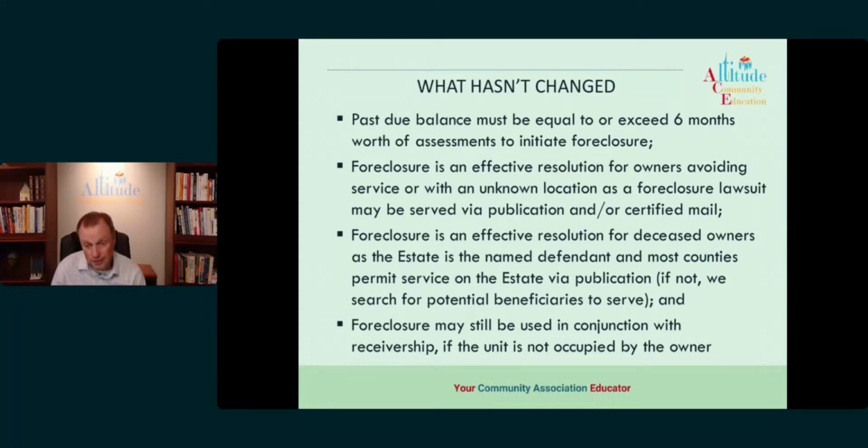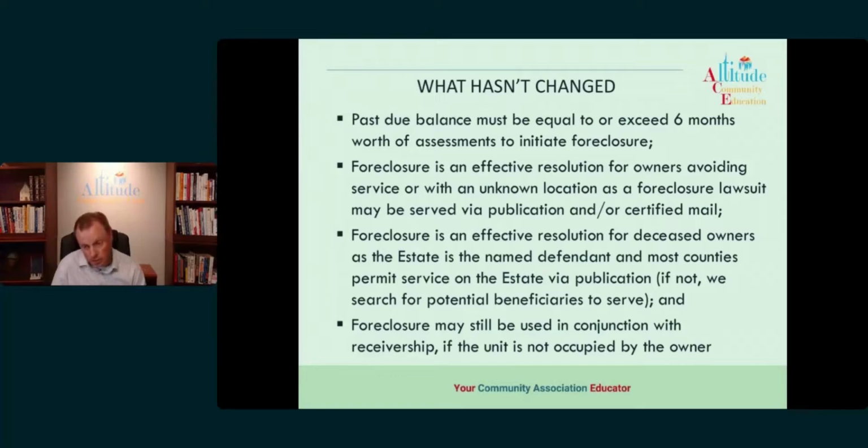It's also beneficial if we think that it's a property that is not going to be bid on by an investor. So if we think the association is going to keep the property, we already have an owner, we have a renter in there who's paying, the property's been cleaned up, and hopefully we can collect more money to pay off the amount that's owed to us before a first mortgage or the bank comes in and forecloses on us. So there are benefits, obviously, to having a receivership.